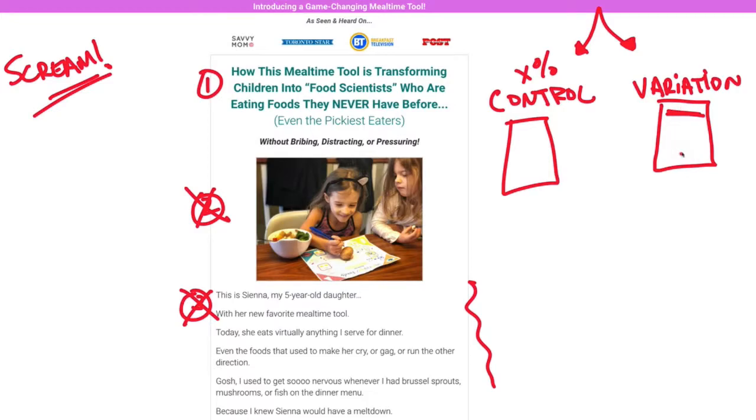And that's really what JMC was asking. He was asking, do you run the control for a few days and then switch over and run the variation for a few days? You don't do that. And the reason why you don't do that is because external factors could impact the conversion